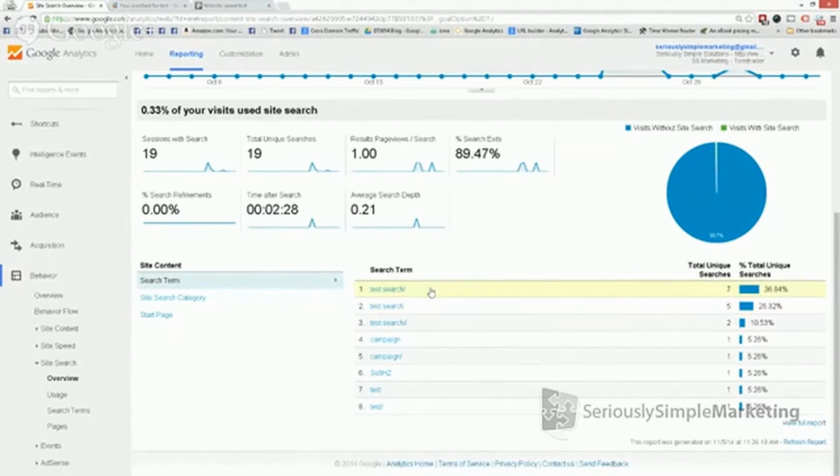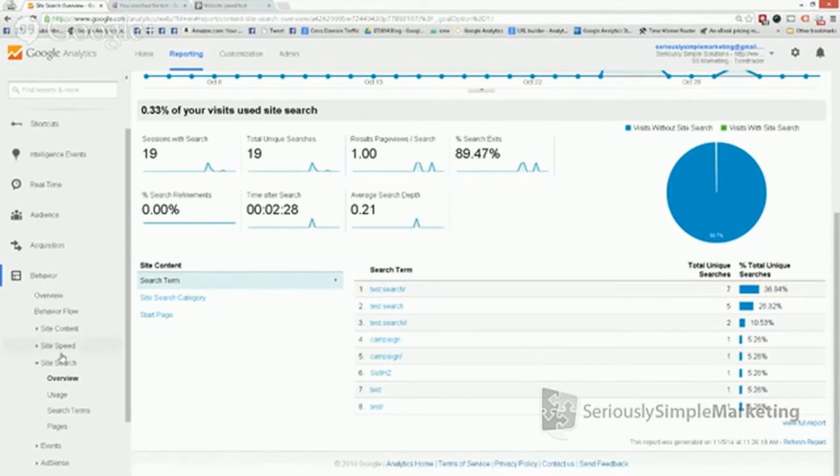If you've got a blog and you've got that search open, even if you don't have blog posts that necessarily satisfy the search that people are putting in there, you can know that they're searching for that. So if we see all of a sudden people searching for how to design a landing page, or landing page tips, or landing page graphics, or anything like that, we know now people are looking for that, and we can start creating posts for that content. So that's another way that you can get really good insight as to what actions people are taking on your site and what they want to read, right?